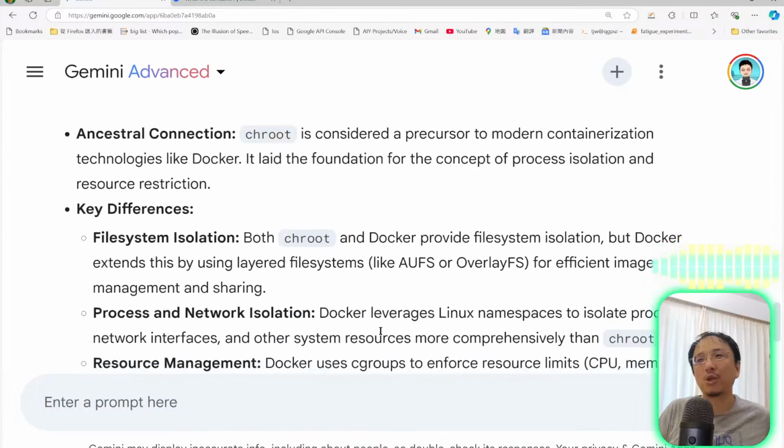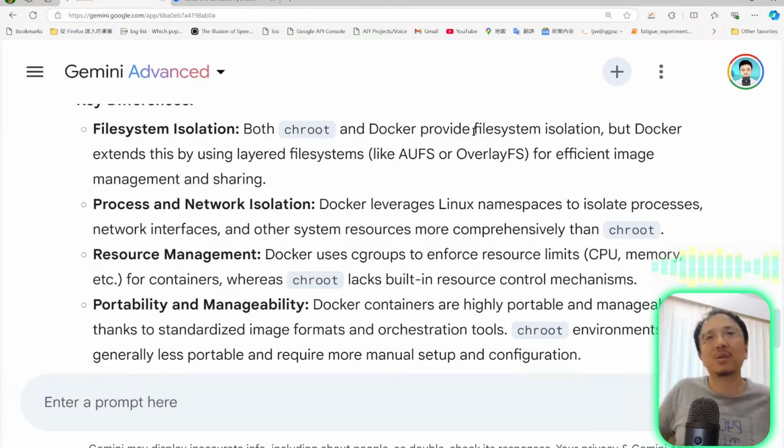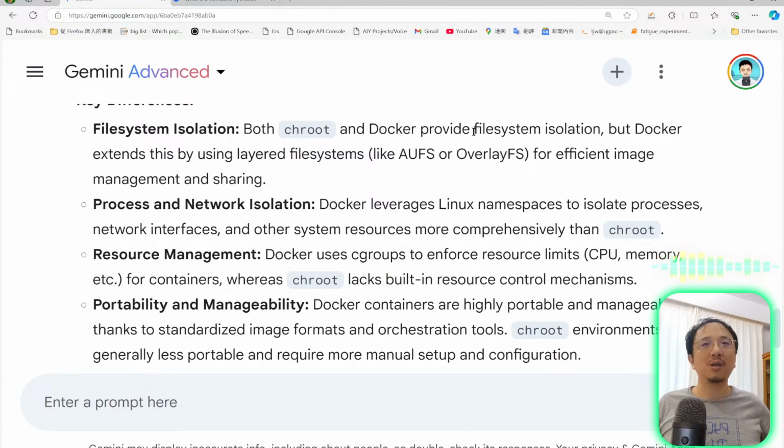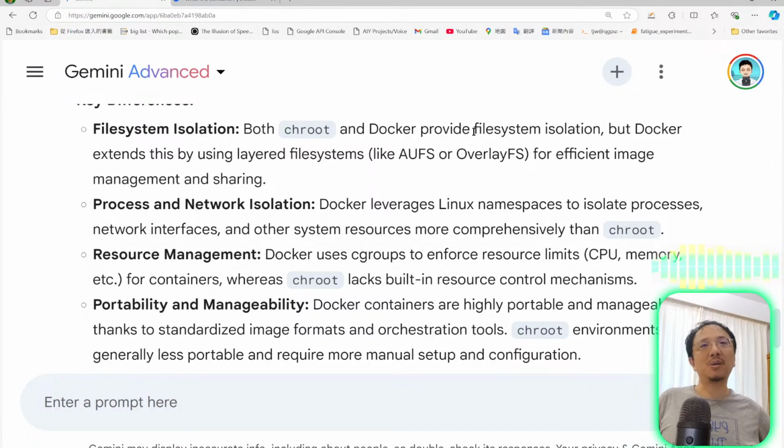Okay, so the major difference between chroot and Docker is that they both provide file system isolation, but chroot is only restricted to isolation on a subfolder. Docker is using an overlay FS. It is a more advanced file system. It is using layers. The reason Docker uses layers is efficiency, because we need to keep different copies